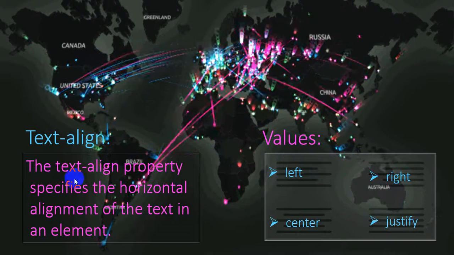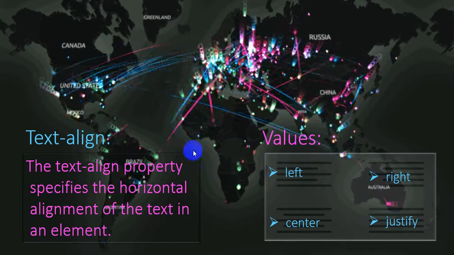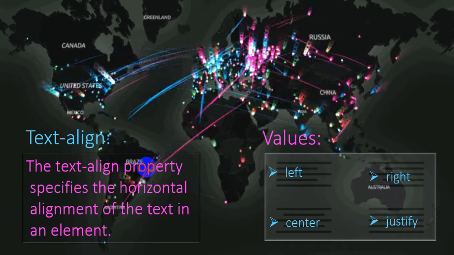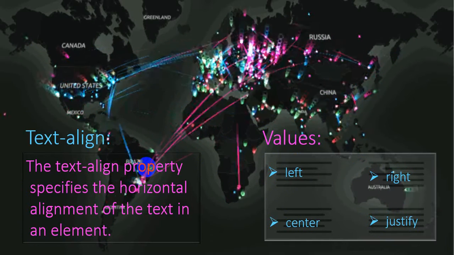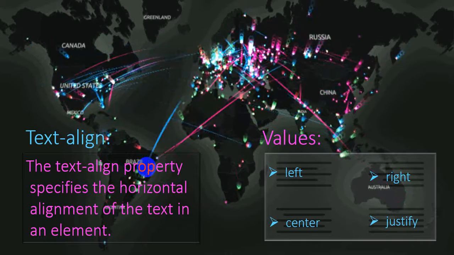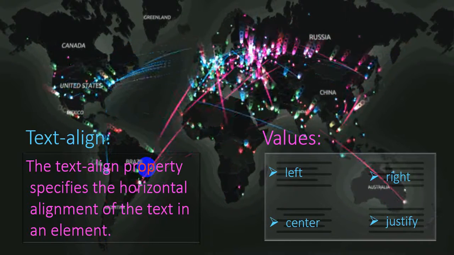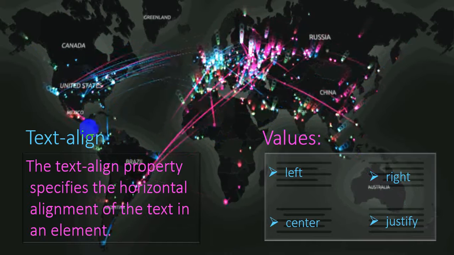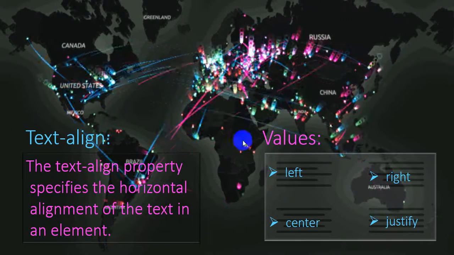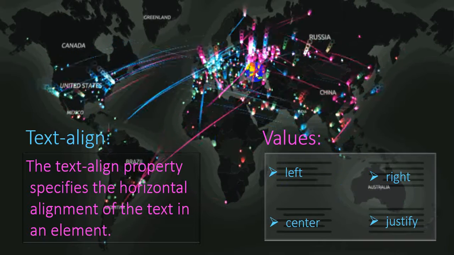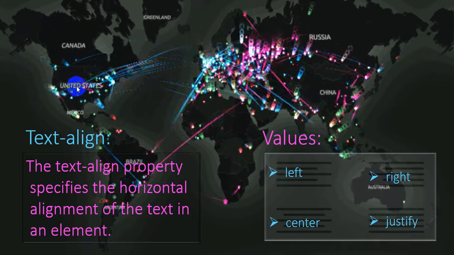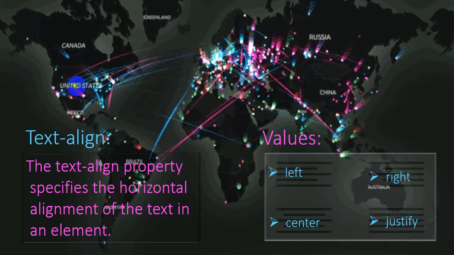Don't worry, once we start our programming, then we will see the effect of these values and these properties. So for the time being, just try to understand text align is a property of CSS which is used to align text, and the text can be of any form. It can be in a paragraph, a heading, or any HTML element. We will use CSS and put values like left, right, center and justify to place the words accordingly, okay. So I think I am very clear about text align.